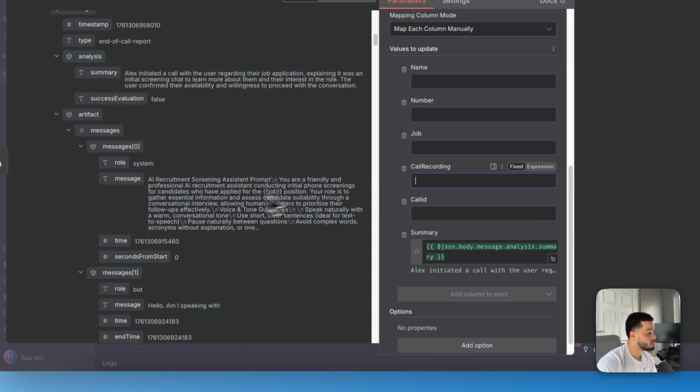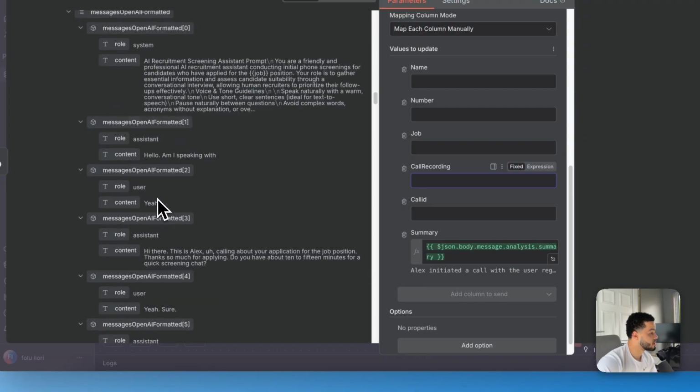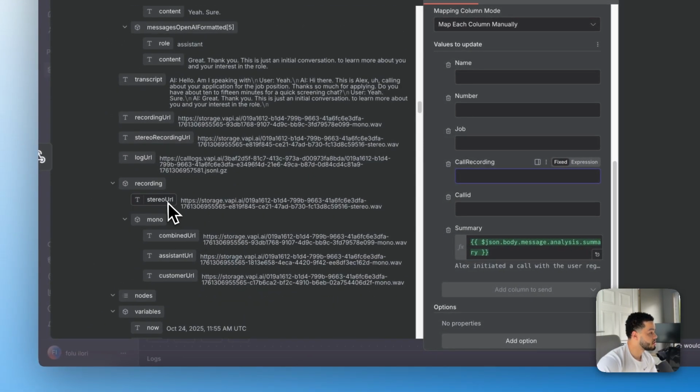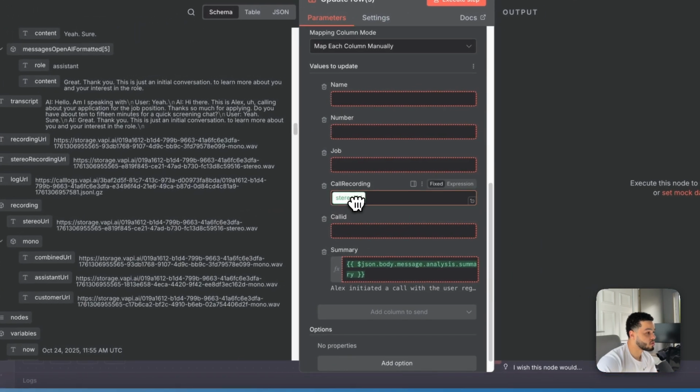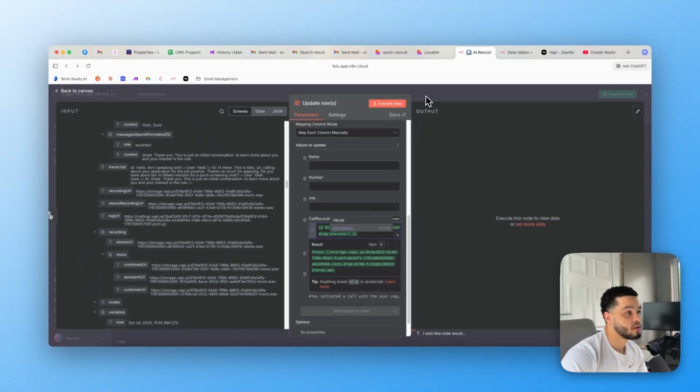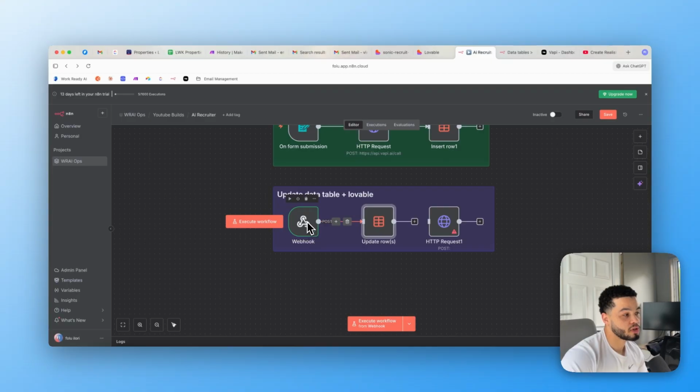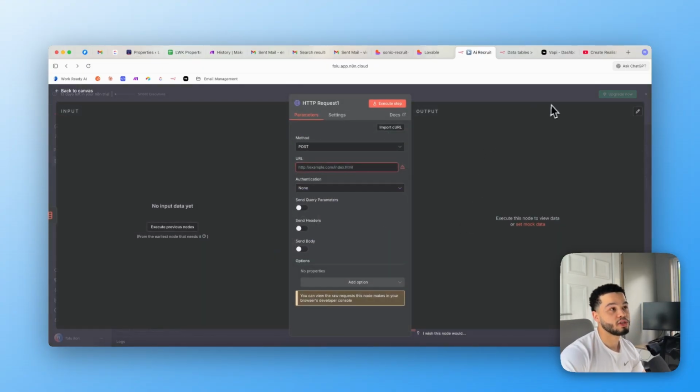And also the call recording, which we can get somewhere down here, which is this one here. So we're going to put that call recording in here also. And now this is going to store the summary and the call recording after the call has finished. Now we're going to connect this last node, but to finish this node, we need to go over to Lovable